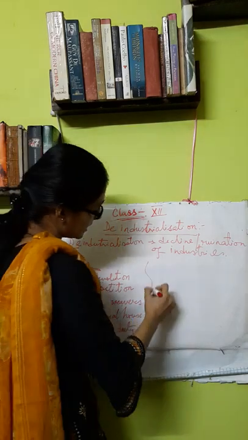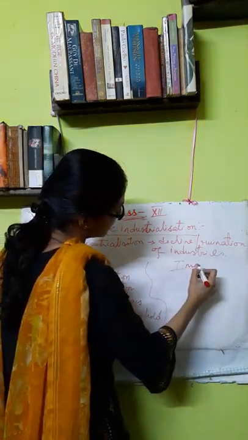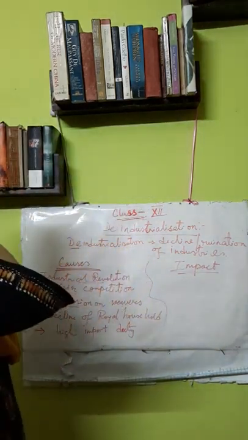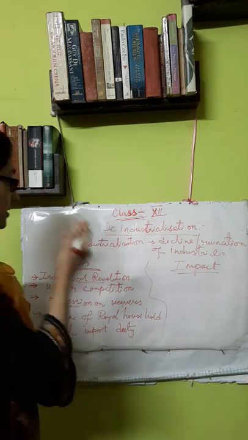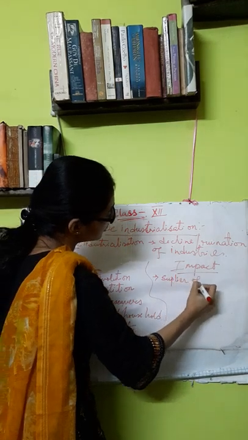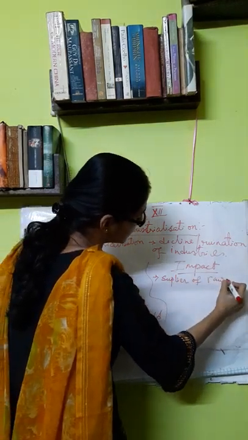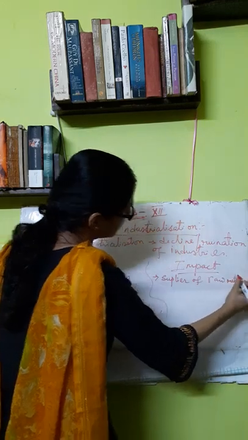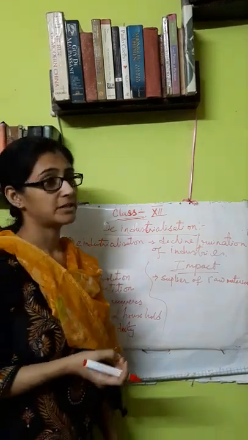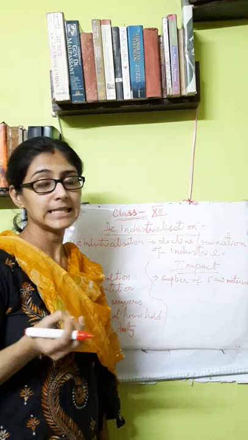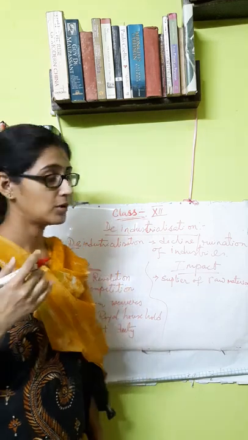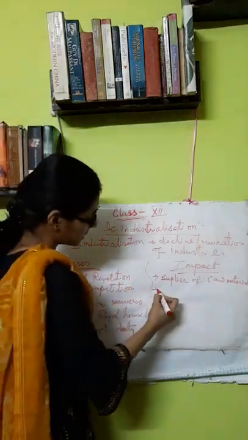After this, we will see the impact or result of the deindustrialization, or decline of Indian industry. First and foremost, India became a supplier of raw material. That is the major change that took place. India, which was a producer of raw material, now became a supplier of raw material, because after the Industrial Revolution in England, they buy all the raw material from India and produce the goods in their own country.